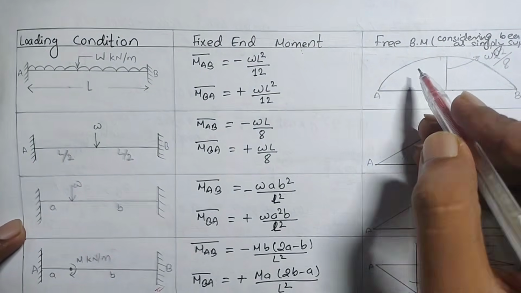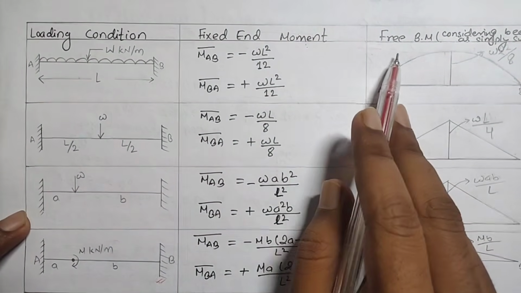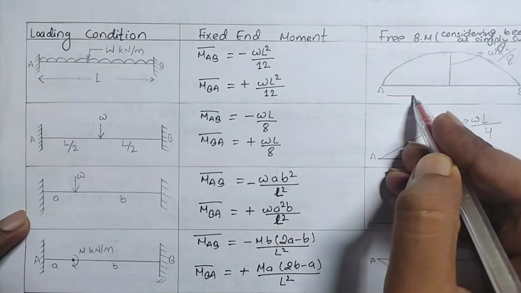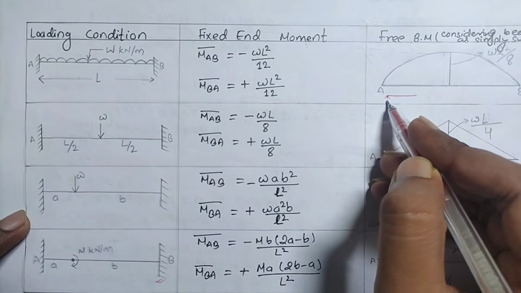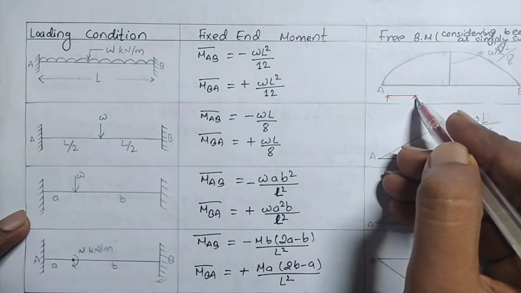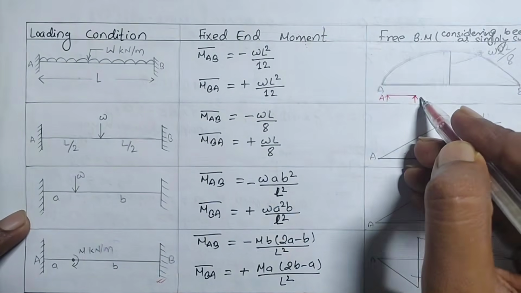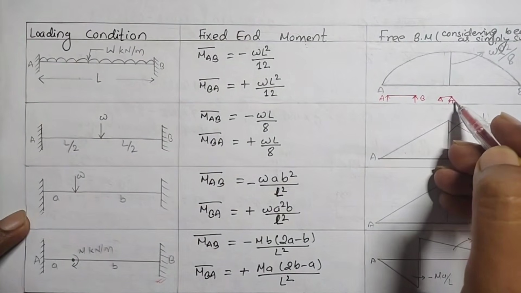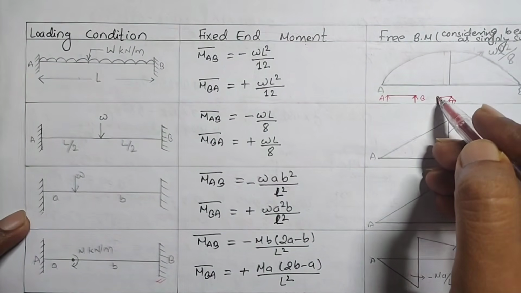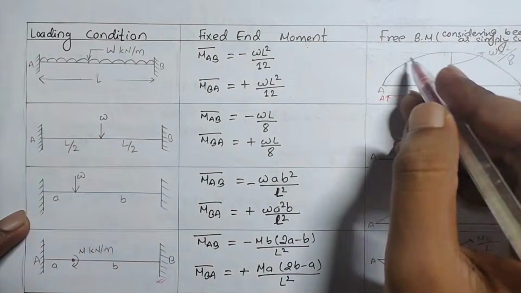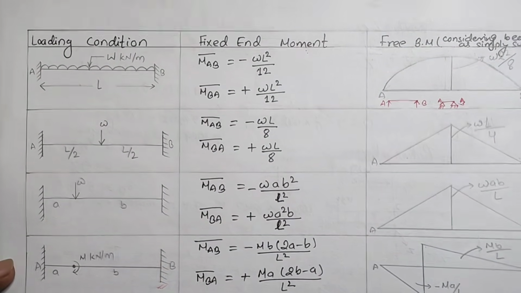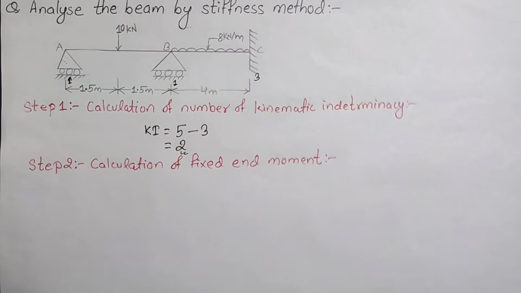Similarly, here is the diagram for drawing the free bending moment diagram, and this is valid only for a hinge support, meaning a support which may be represented by this type, where this may be A and this may be B, or it may be represented by this support which I discussed at the beginning of this video. In such a case this type of bending moment diagram prevails. And let us now find the fixed end moment of this numerical.